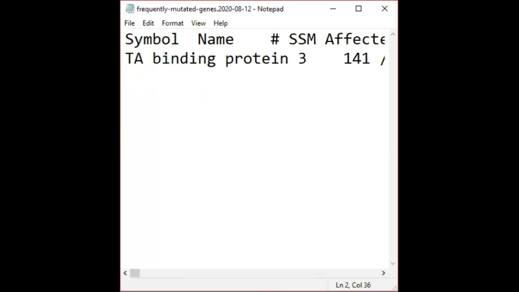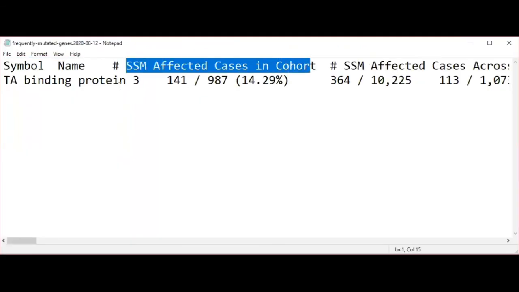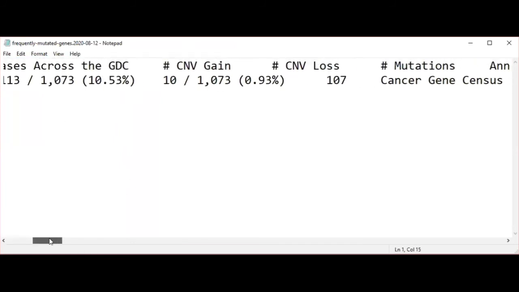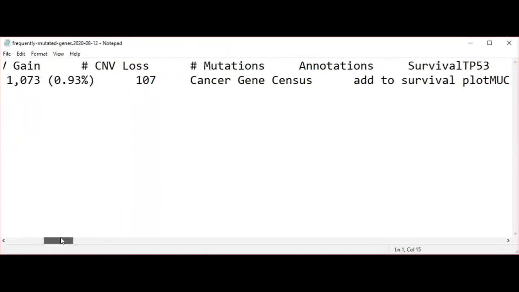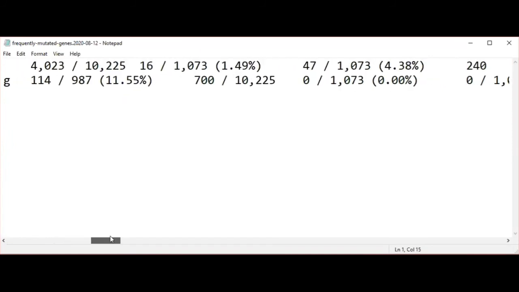Or you can open it in an Excel sheet, and you can see the symbol name, SSM affected cases, copy number alterations, loss or gain, mutations, annotation, survival of the TP53 gene, the full name of the gene.